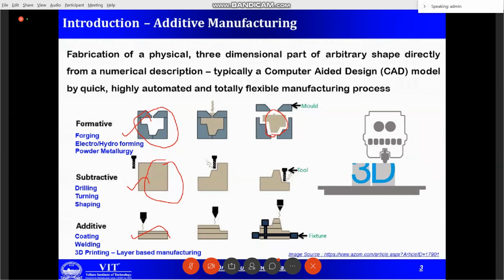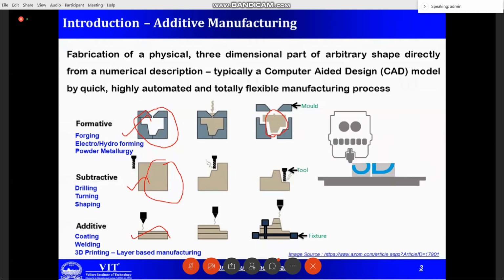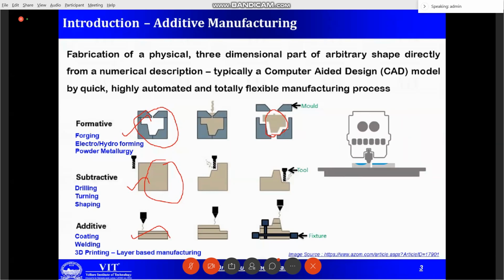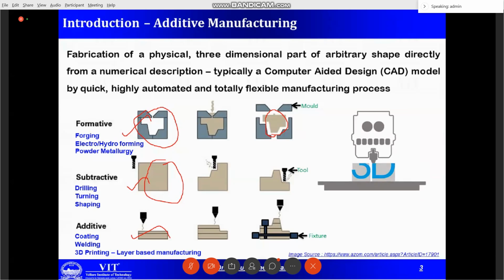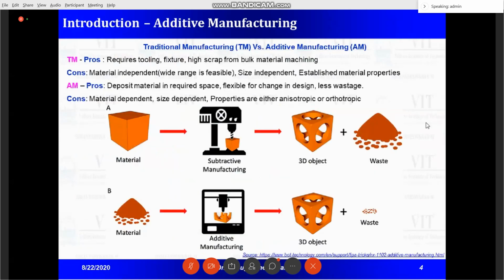There is an elimination of tooling. The process is rapid in response to your change in design. These are the two critical importances of the additive manufacturing process. Again, if you look into the wastage, the conventional manufacturing process will have a lot of wastage because you take a bulk material and you are wasting it. You are going to remove some material as per the design, so that removed material is scrap. In the additive process, you take a powder or filament, and wherever you require material, you deposit it to get a final component. So in terms of wastage, sustainability, and smart manufacturing, in all aspects, additive manufacturing has an advantage over the conventional manufacturing process.